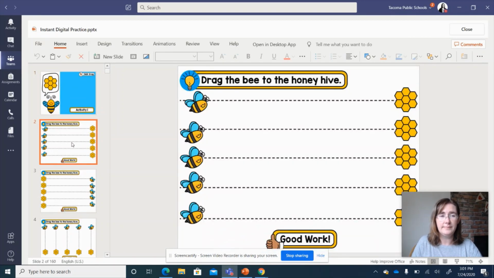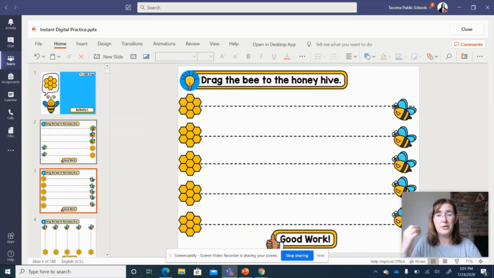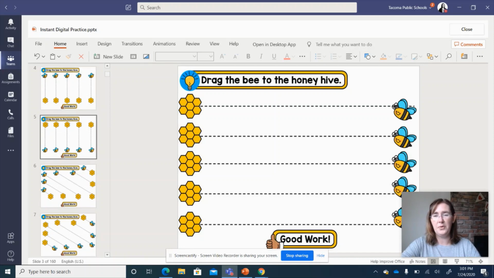So I'm going to click down here, and look, I am moving the bees across the screen. I could then touch the next one, and it's very much like Google Slides, that you're going through each one and the children will do the activity. So think about if you had a whole thing of different letter games. You might have a bunch of letters and you're hunting for the letter B. I'm just thinking, starting of the school year, what activities that my students can learn how to use their finger to move things around, along with the fact of they're practicing these skills in ways that are easy for them,